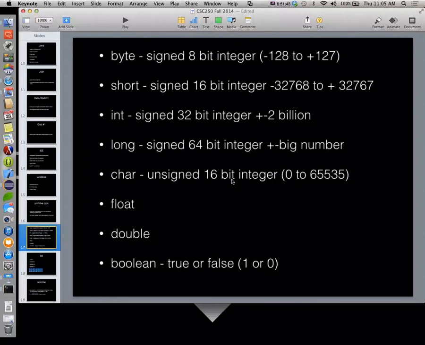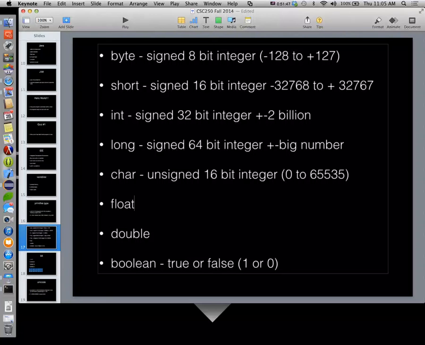All right, so chars are an unsigned 16-bit integer. Floats are signed 32-bit decimal numbers.